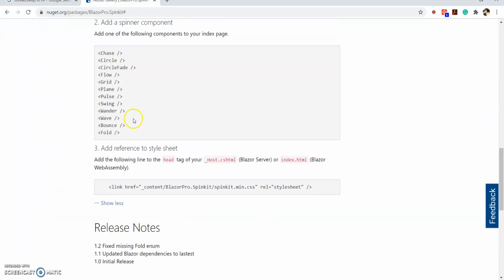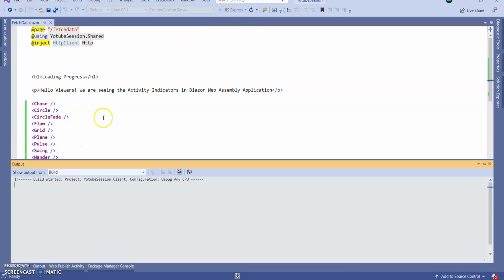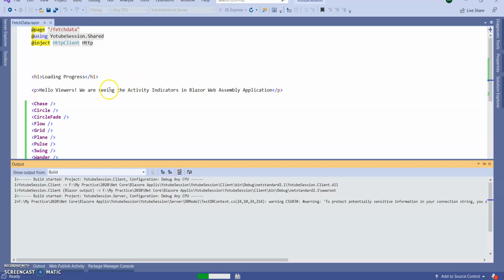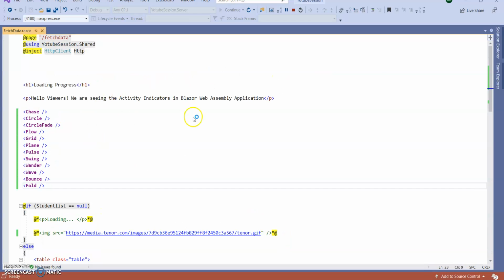Now to show the complete, I'm just showing what spinners, loading spinners, are there. So running the application. The steps I did: first I installed this BlazorPro.Spinkit into my application.